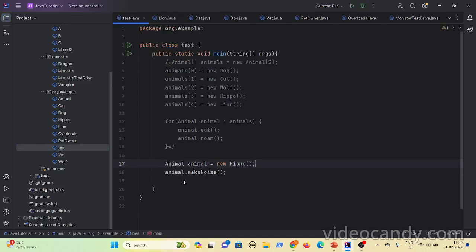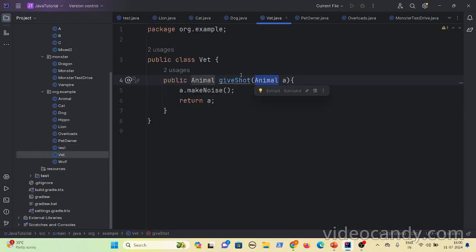In the first example, you are calling animal dot makeNoiseOf, but it can be anything. Sometimes it will bark, sometimes it will roar, and sometimes it will make the sound that cats make. So the same makeNoiseOf method is exhibiting different behaviors. When you pass dog here, it barks. When you pass cat, it makes the cat sound. And when you pass lion or tiger, they roar. So the same makeNoiseOf method is exhibiting different behaviors.